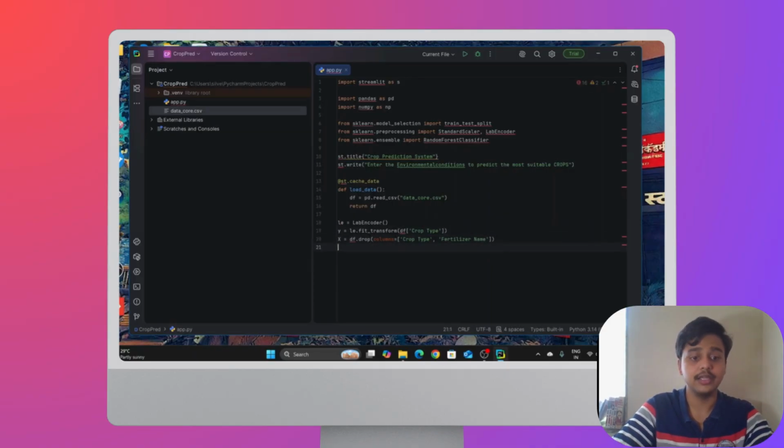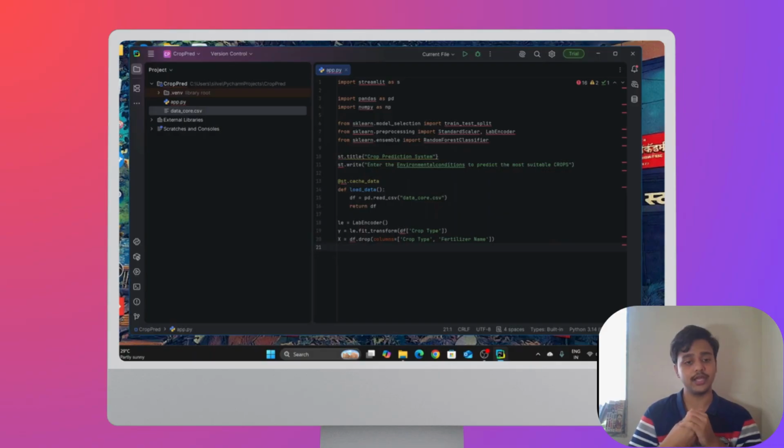And after this, here we define all the input features for X. We remove the targets, that is the crop type, and the unnecessary column, which was the fertilizer name, obviously.